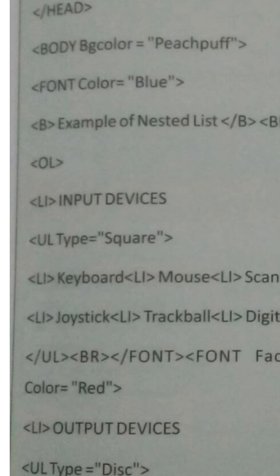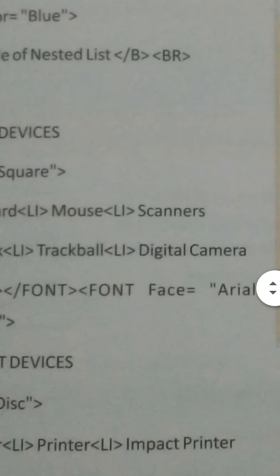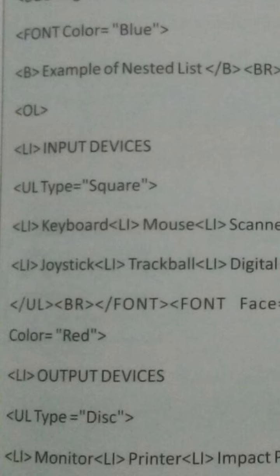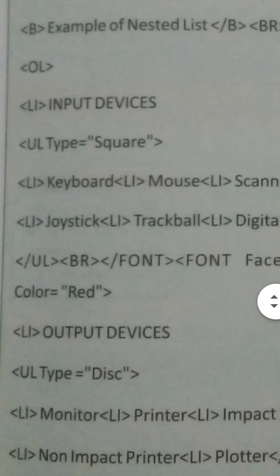Now one list is going on input device, under which sublist started. It is keyboard, mouse, scanner, joystick, trackball, and digital camera. After that, we have closed the UL tag, means the sublist is completed here.